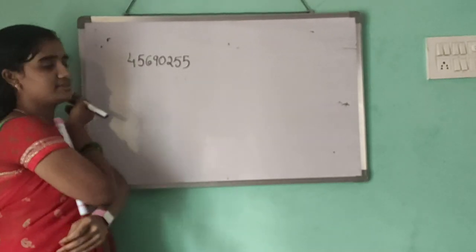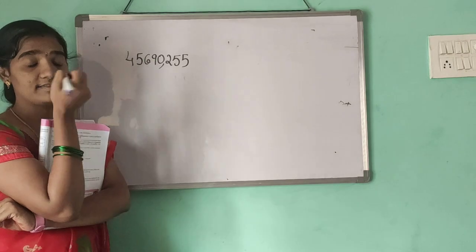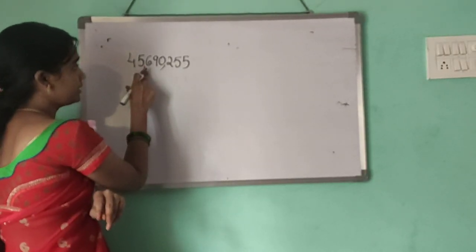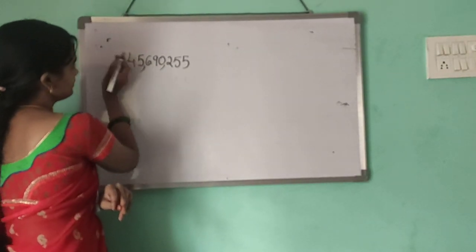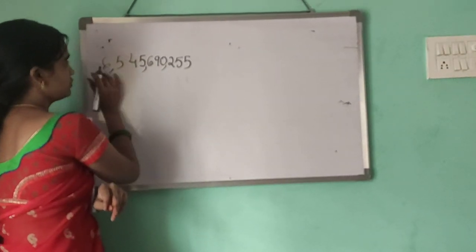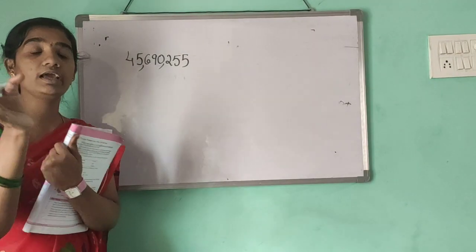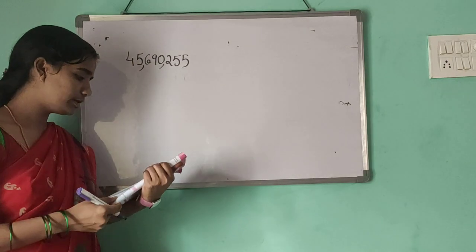Here, a number is given. How can you put the commas in the international system? First place, hundredth place. Next, we move to the next 3 digits of the number, that means the lakhs place. For example, here 5 is there, we have to move on to the next digit. 6 is there, 3 digits. So in this way, in the international system we have to put the comma after every 3 digits of the number.